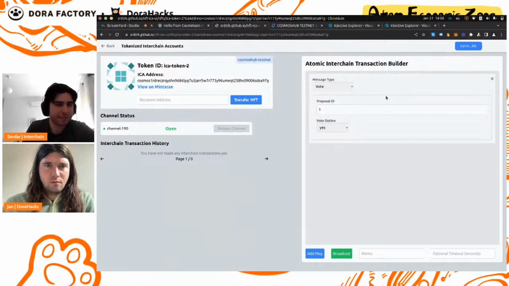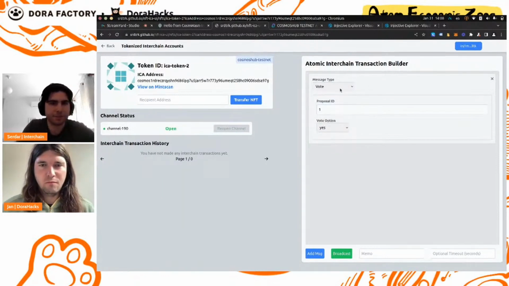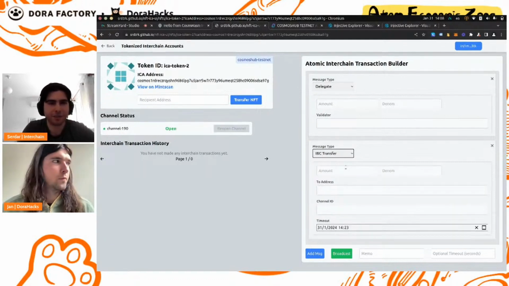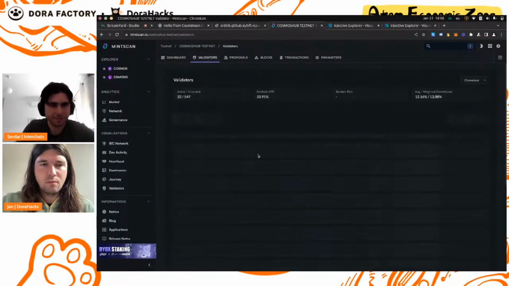And to demonstrate that these accounts are really capable of doing anything, they can even send Wasm messages. But because it's Cosmos Hub, there's no way to send Wasm messages because there's no Wasm. But to demonstrate that these are really able to do very powerful things, I'm going to send 2 messages in one transaction, a delegate message and also an IBC message. So I'm going to do an IBC transfer with an interchain account. So we are using IBC 2 times here, just to demonstrate that these contracts are really capable of doing a lot of complicated things. So if we go to Cosmos Hub testnet and go to validators,